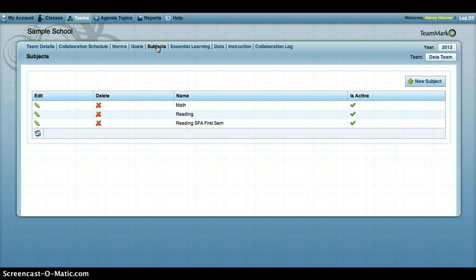The team that we are viewing today is the data team, and you can see that this team has already established 3 subjects: their math subject, their reading subject, and their reading short frequent assessment first semester subject. You can create as many subjects as you like. I'm going to create a new subject,